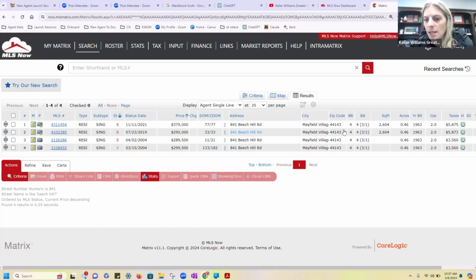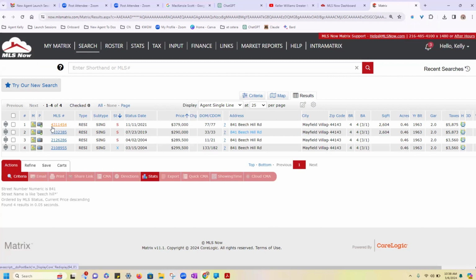And then obviously the address, city, zip code, bedrooms, baths, square footage, all that. And then this is taxes per year for that year. I don't think this is going to be the most recent. And then right here where you see this MLS number, very helpful. If you have multiple showings, definitely note down the MLS number of each property you're going to show that day, so that when you go into Showing Time, you can schedule a Showing Time tour, and I'm going to show you how to do this, but basically that's where you would list each property's MLS number separated